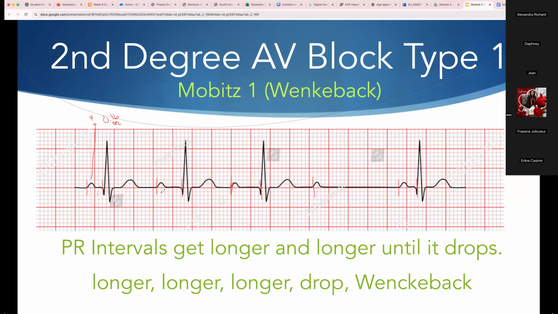Okay, then the second one, 1, 2, 3, 4, 5, 6. So right away you know something's wrong because it's greater than 5, right? Because a normal PR interval should be 3 to 5 boxes long. And so 6 times 0.04, so this is 0.24 seconds. And just from this progression alone, to go from 4 to 6, already you know there's